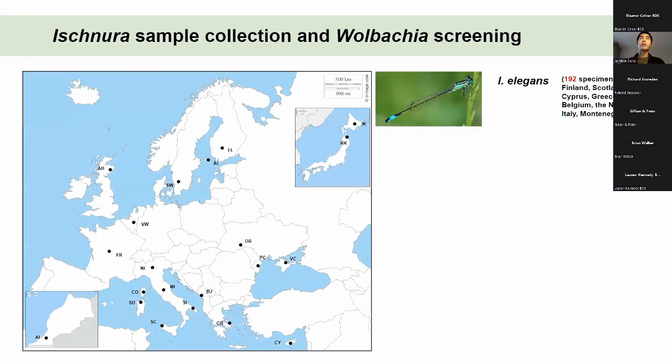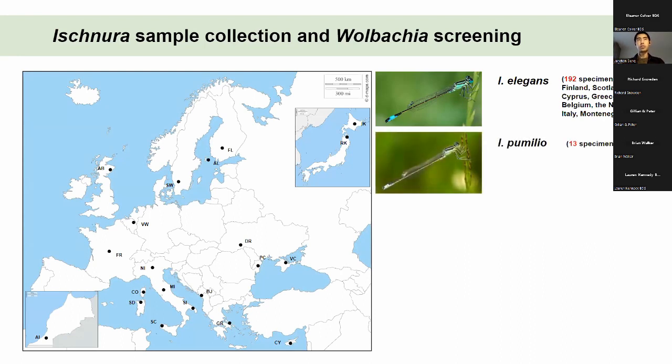So what we did is that we focus on Ischnura elegans, and we collect samples mainly from Sweden. And we also have colleagues from other countries that gather specimens for us. So we have a decent collection of samples from across Europe. And apart from Ischnura elegans, we also study several other Ischnura species like Ischnura pumilio, which is a sympatric species